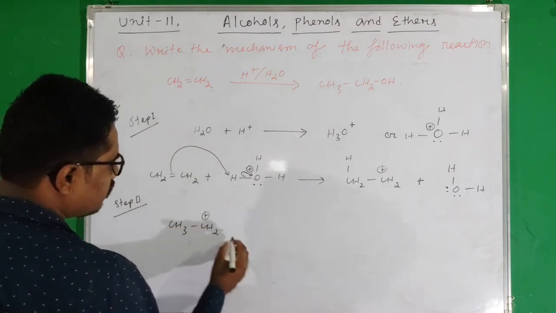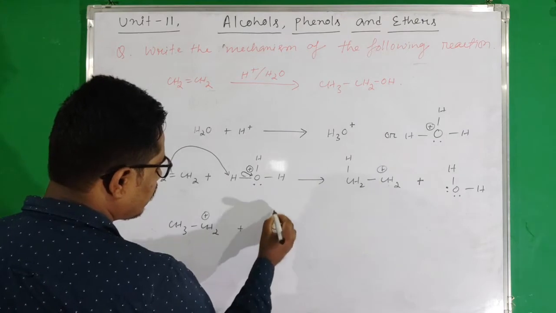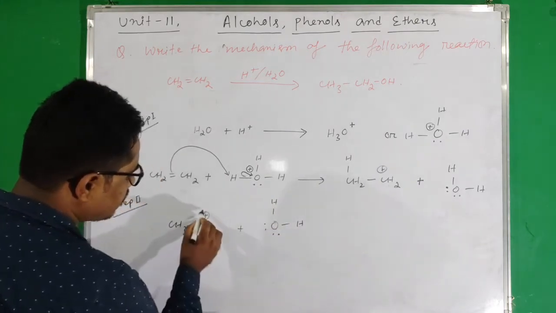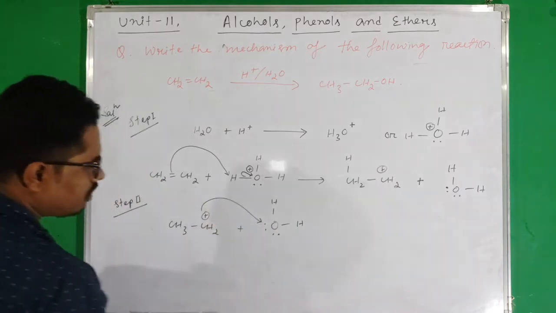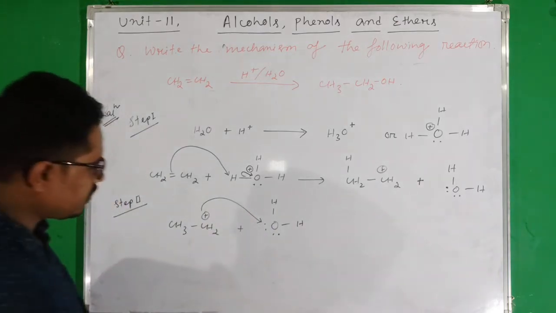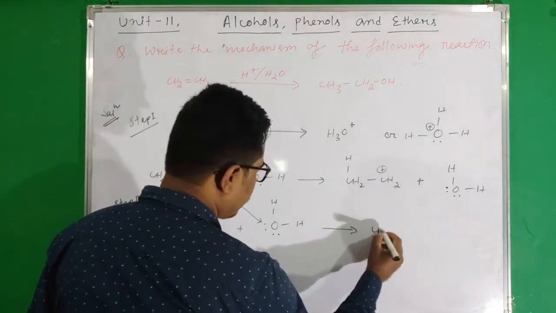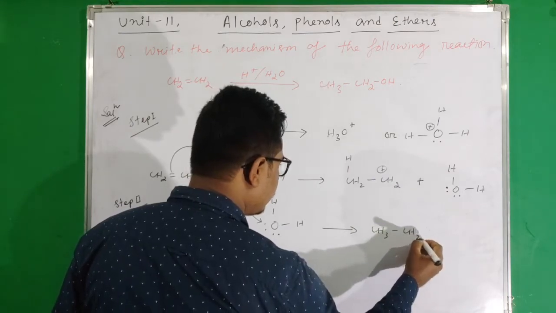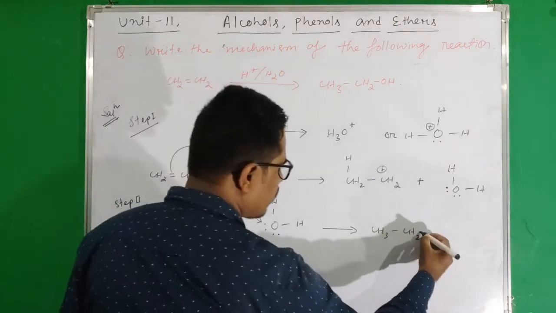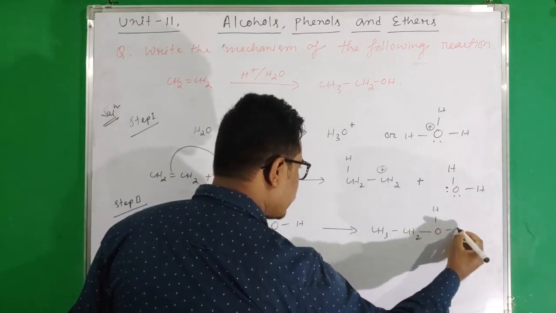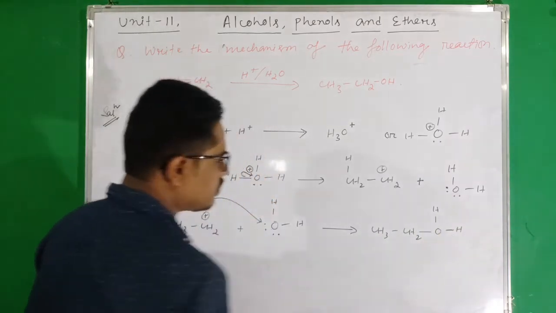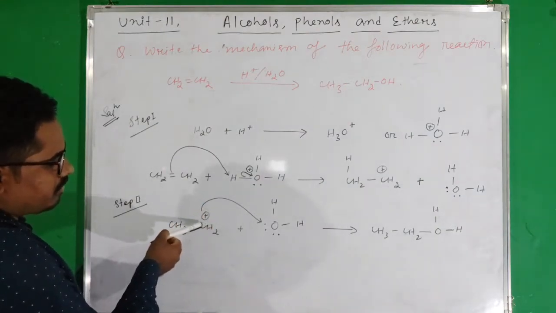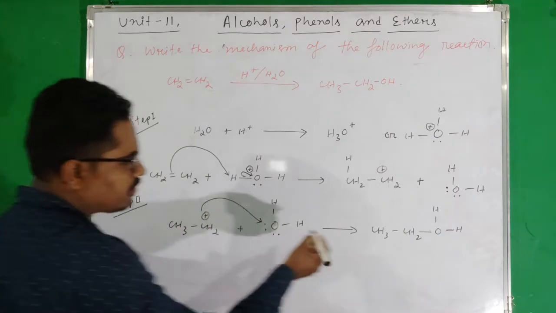In second step, the resultant carbocation will attack the lone pair of water molecule. That means it will attract the lone pair of water molecule, resulting in formation of CH3, CH2, OH. Again in this direction another hydrogen will be present, and due to attraction of electron by this carbocation, positive charge